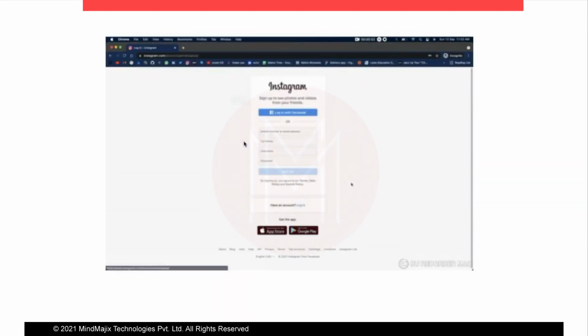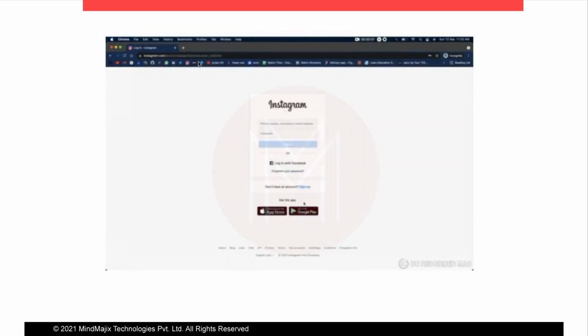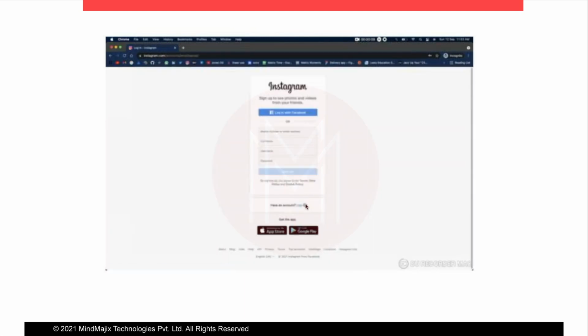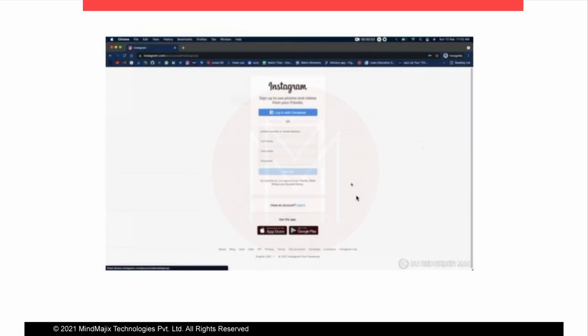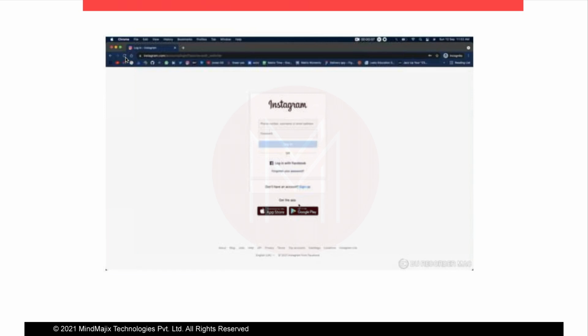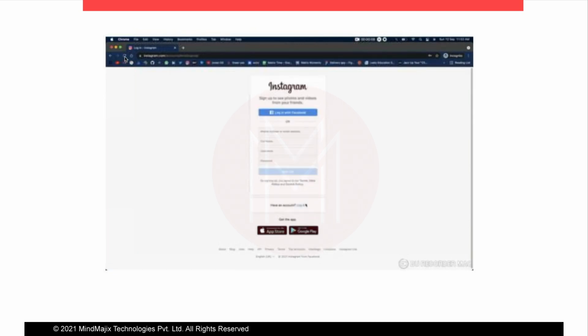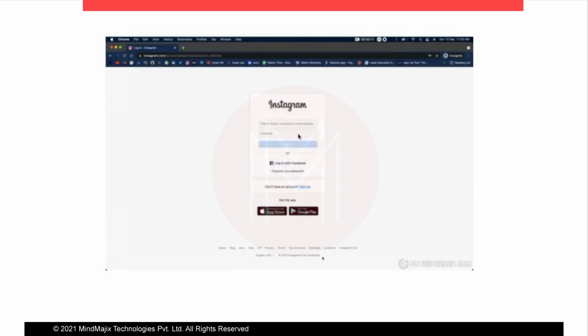And here, for example, I'm visiting Instagram.com. When I click sign up or login, you can see the URL is being changed. The page is changing from the sign up page to the login page. But this icon, you can see, is not reloading. It is in the same page. Only the content here is changing.